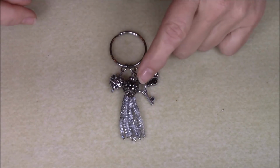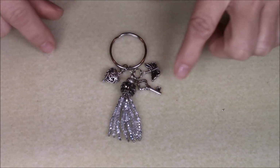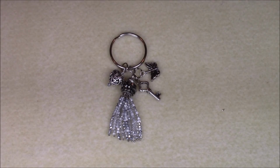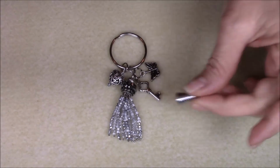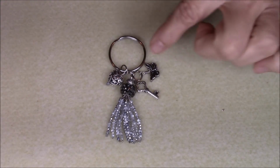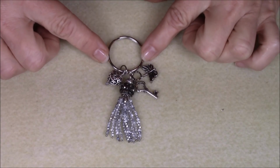This is Gina. Today I'm going to show you how to make this tassel. And then I'll show you a couple of different ways you can do it. You can either use a cone bead or you can use a big bead like I did here. I've also added a few charms and put it on a split ring so that it can be used as